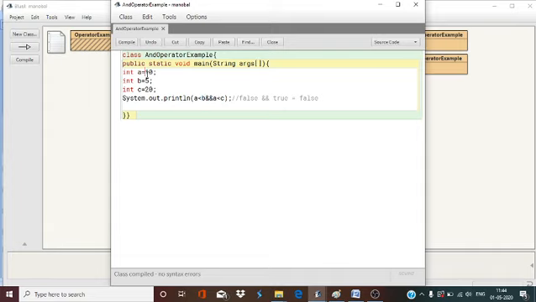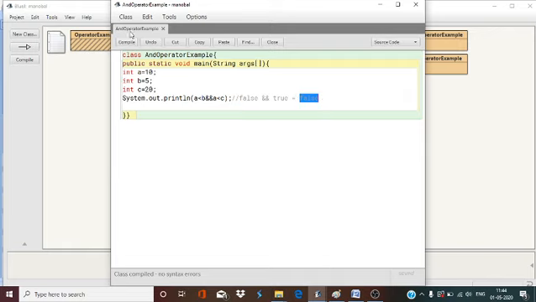The value of a is 10. A is 10, which is not less than 5, but 10 is less than 20. So one condition is false and the second condition is true, so overall it will be false. Why? Because true and false equals false.